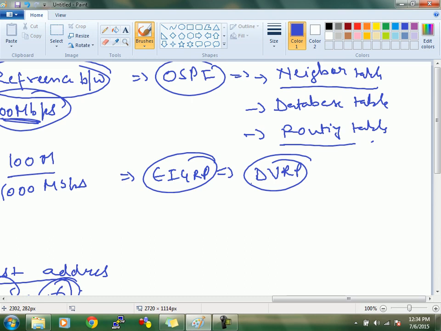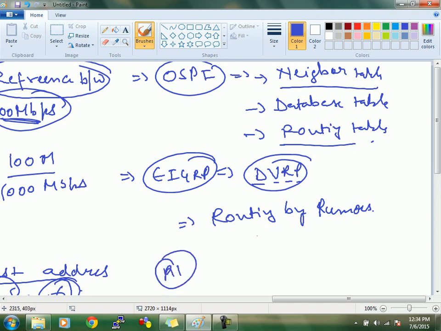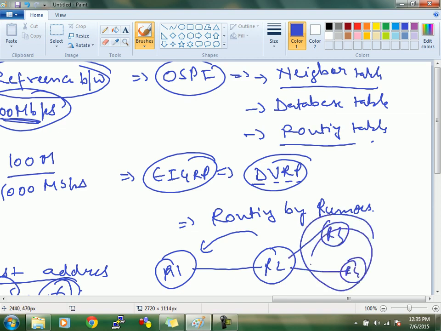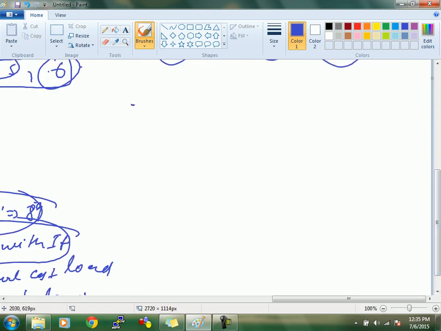DVRP stands for distance vector routing. That's why in case of EIGRP we have a concept of routing by rumors. It means R1 is having all the database, but R1 only knows R2. R1 never knows R3 or R4. This thing is clear. But in case of OSPF, first thing,